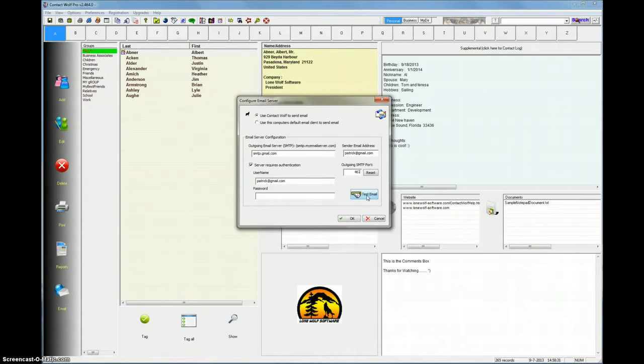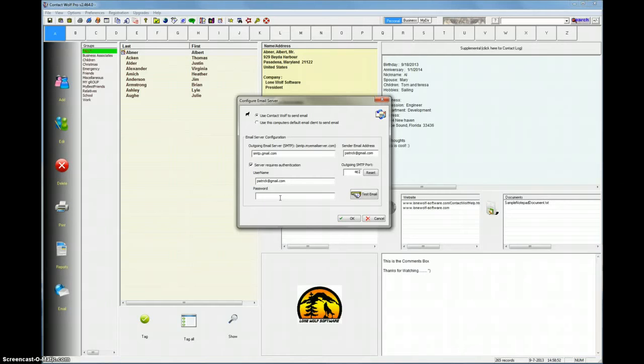It'll just send a little test message, and it'll tell you if it's successful. If it's not successful, it'll say that it's not successful, and you're going to have to change something. You'll have something wrong, and usually, as I said, it's the SMTP port. But sometimes people put in the username wrong. They forget their username, or they forget their password for that particular email account,